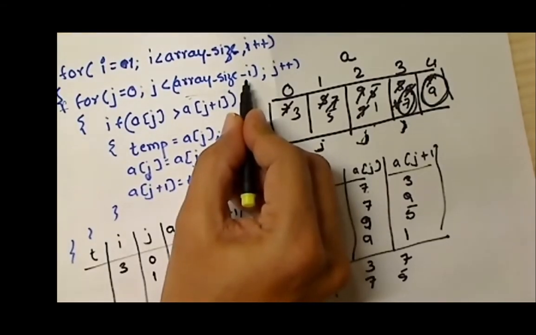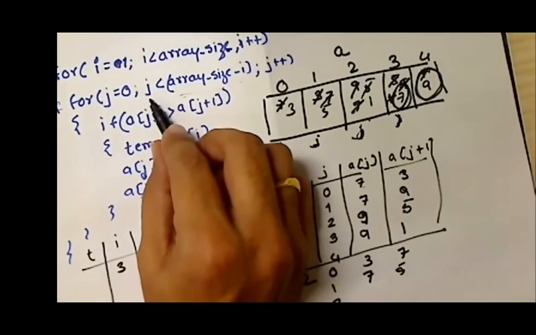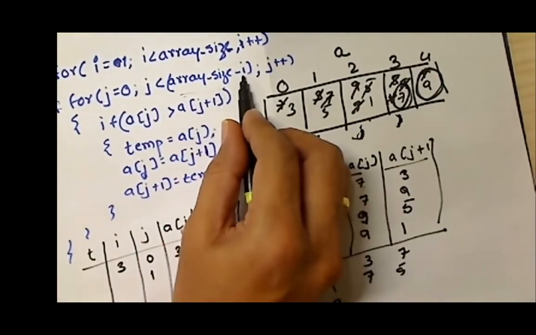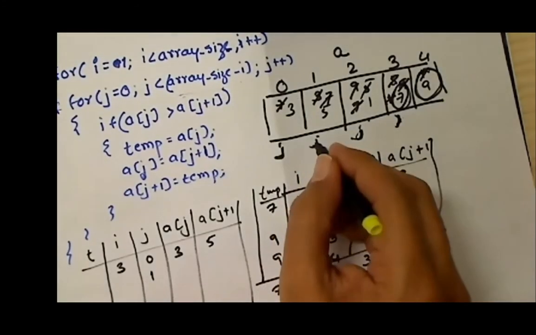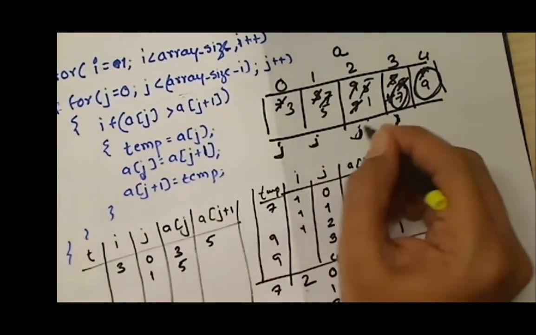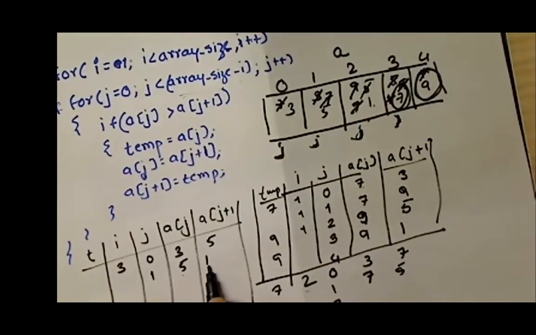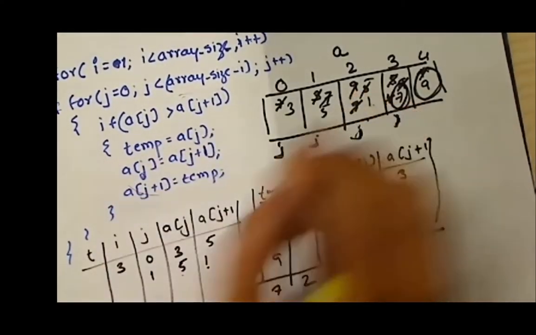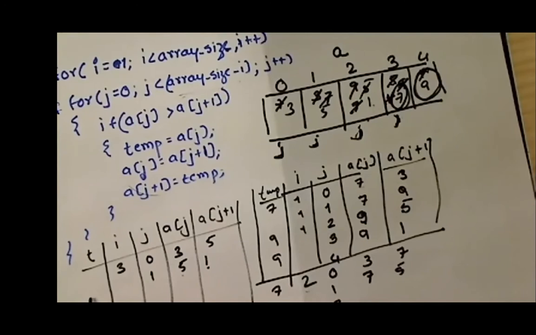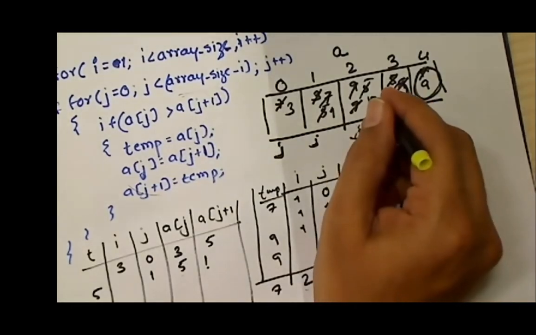The value of i is 3 this time around. Watch it. The value of i is 3 this time around. So is j less than 5 minus 3? 5 minus 3 is 2. Is j less than 2 right now? Yes. So the value of j is 1, so a of 1 has value 5, and at j plus 1 we have value 1. Then we check is a of j greater than a of j plus 1, is 5 greater than 1? Yes. If that's the case we need to go here and swap the elements. So if I swap the elements, we store in temp the value 5, and then in a of j we store a of j plus 1 that is 1, and in a of j plus 1 we store temp, that